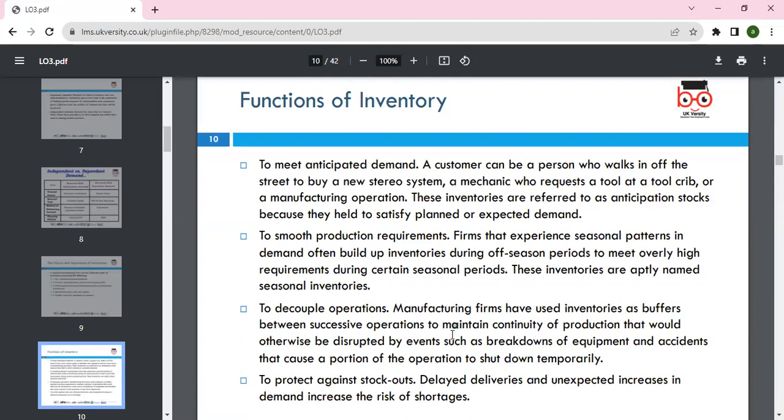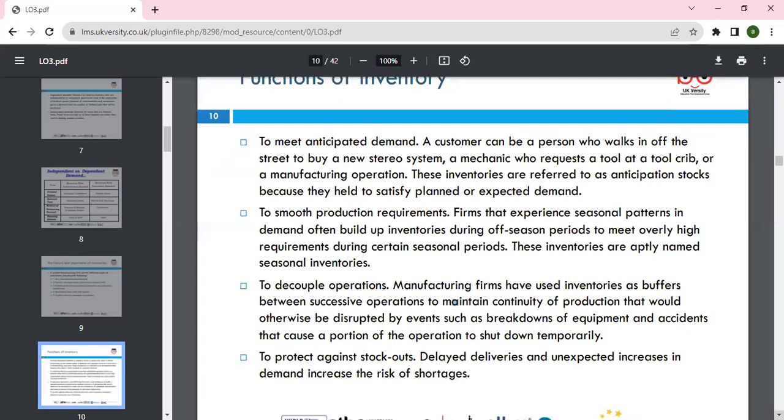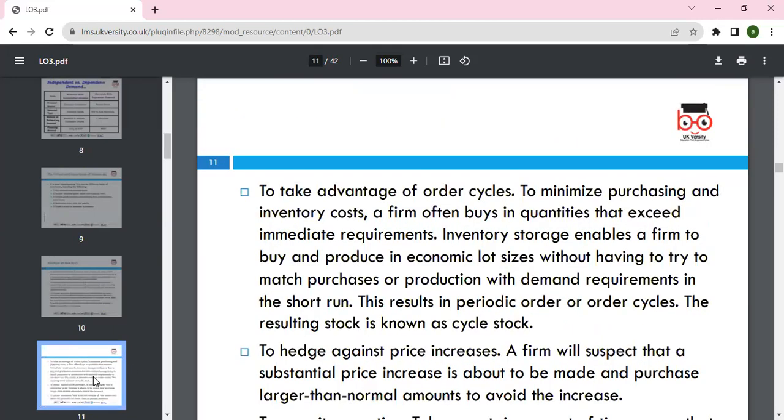Okay, to decouple operations, the manufacturing firm uses inventory to buffer successive operations to maintain the continuity of production. That's why we always try to maintain the safety levels as well, to protect against stock-outs and delayed inventories. We always look at the lead time, the shortage, and what risk there will be if you don't deliver or produce the item. To take advantage of the ordering cycle and minimize purchasing costs, a firm buys in quantities that exceed immediate requirements, and inventory storage enables the firm to buy and produce economic lot sizes without having to